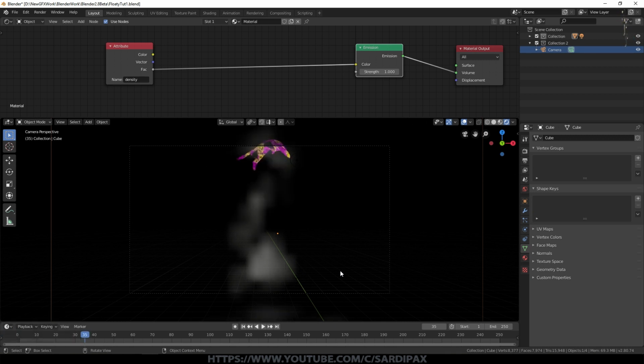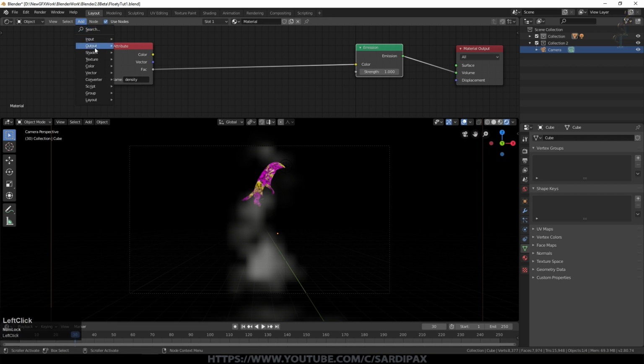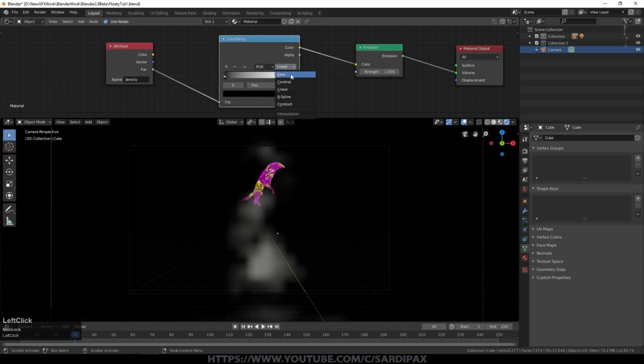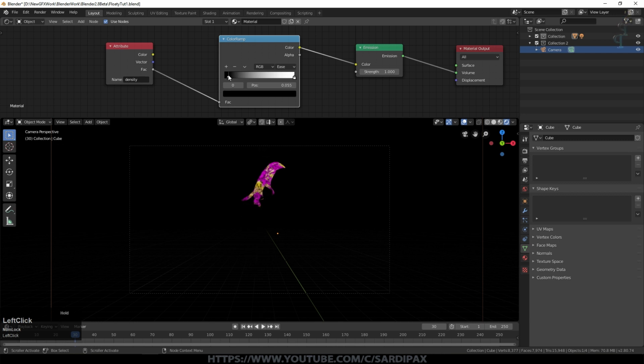EEVEE volumetrics doesn't have the level of quality that a Cycles volumetrics render does, but nevertheless we can improve this. So we're only at 64 samples at the moment for our smoke, but we can do a few things with the material first. So first of all, I'm going to add a converter, which is a color ramp, drop that in there. I'll set that to ease, and we'll just lift the bottom end up a little bit, just to add a bit of contrast, and then bring the top down slightly. Depends how thick you want the smoke to be, really.